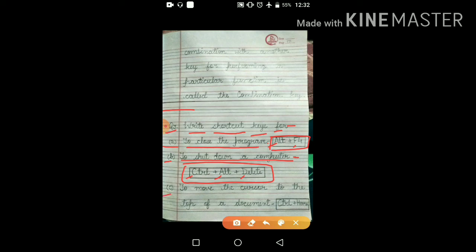then move to third part. C, to move the cursor to the top of a document. Small hyphen and draw a box and write inside it Control plus Home. C is capital of Control and H is capital of Home. Okay, so CTRL is short for control key. Okay,